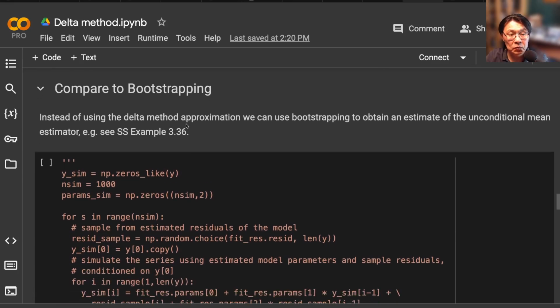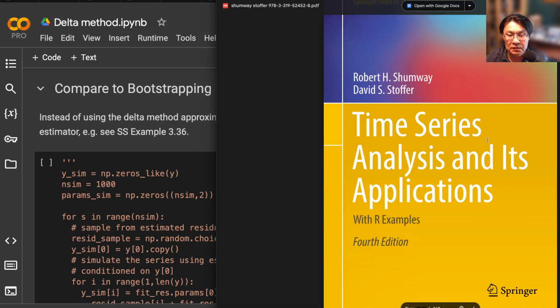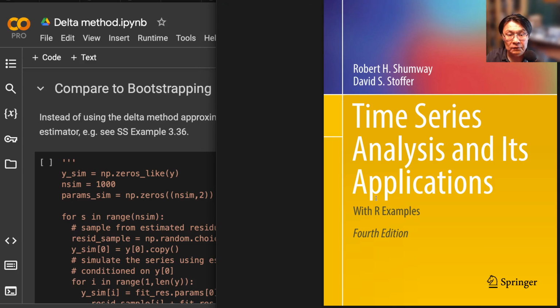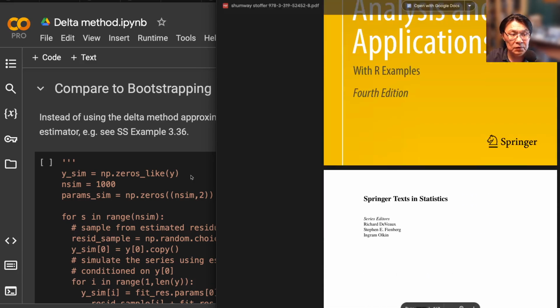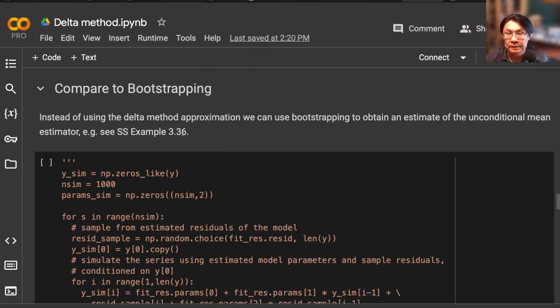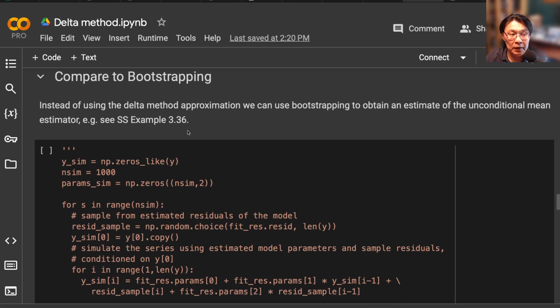When we're using bootstrapping, I'm following Shumway and Stoffer's text, example 3.36, right? This is the textbook, fourth edition. If you're interested, you can find example 3.36, and they talk about bootstrapping the parameters themselves. But in this case, what I'm going to do is the following. I'm going to bootstrap the